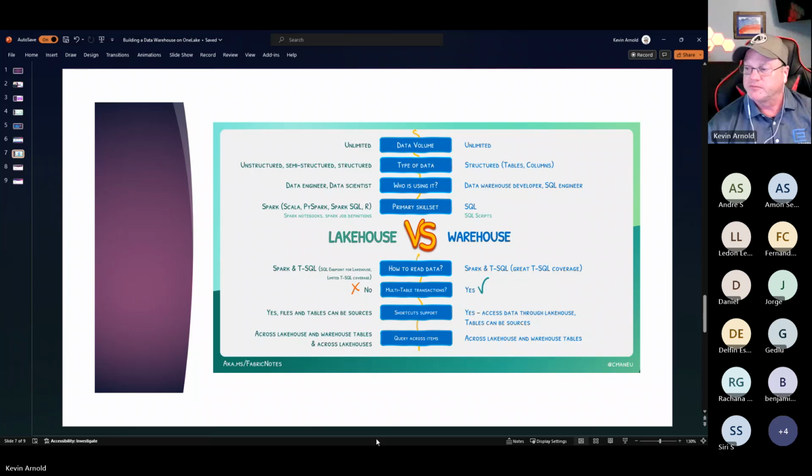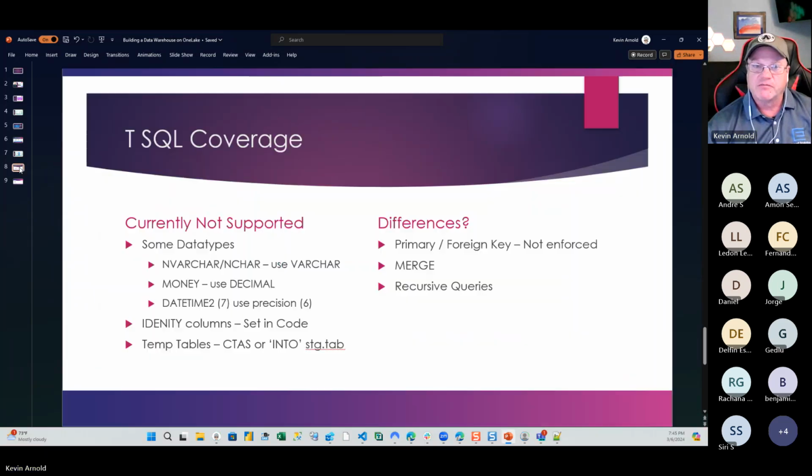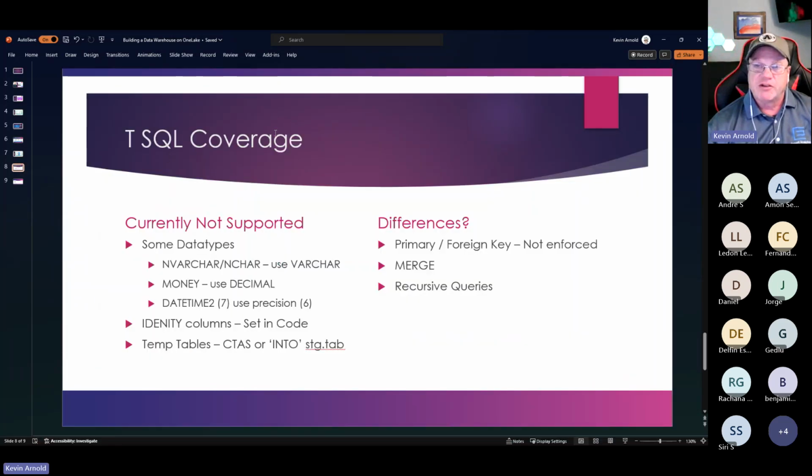Okay. Lots of fun. The T-SQL coverage, they say it's really good. And I think it is really, really good, right? It has great SQL coverage, but there are some things that you really have to be aware of. There are some data types that are not supported.